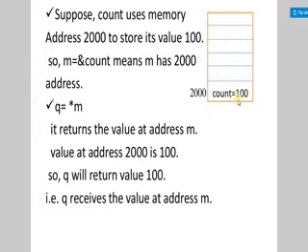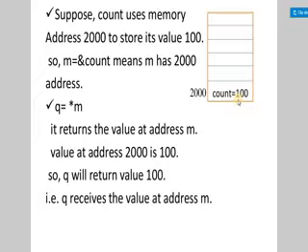So if we want to perform any operation on 100, by using the variable name count we can do it. For example, if I write count++, count is indicating the value 100, so it will perform an increment operation on 100.